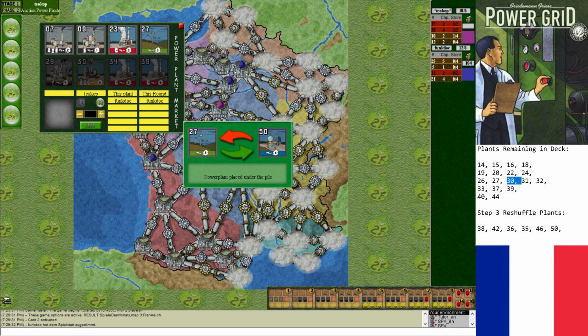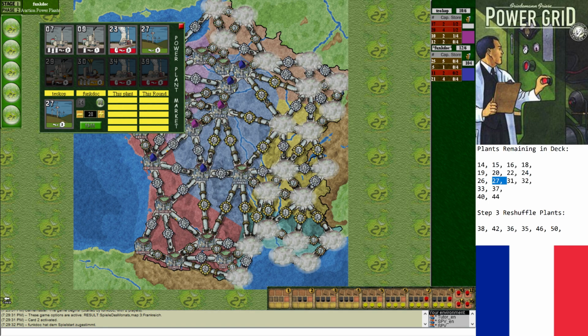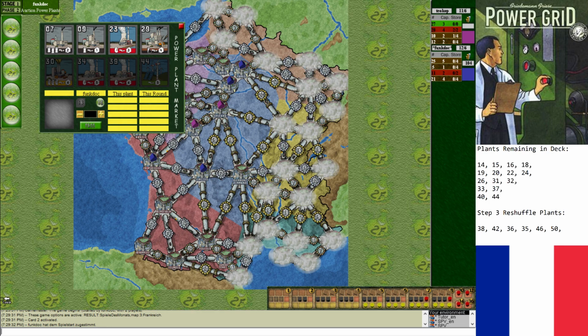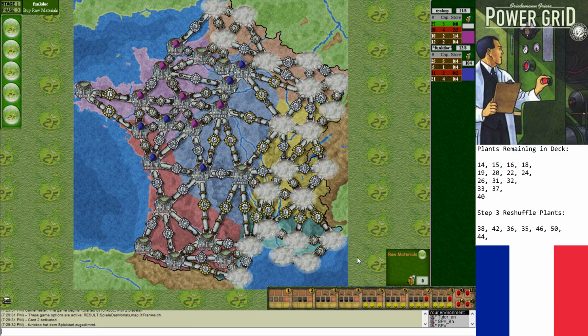$30 and $39 were the other plants drawn. And now 27, which I will obviously pass on here. And I don't even want 29. I need to build. $44 is next. That's the highest number of plant remaining, so we know that'll be the next one under the deck. And I'm not buying any of this stuff. What I will do here is...